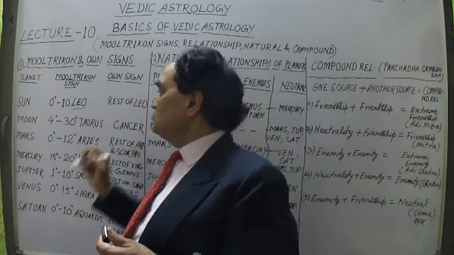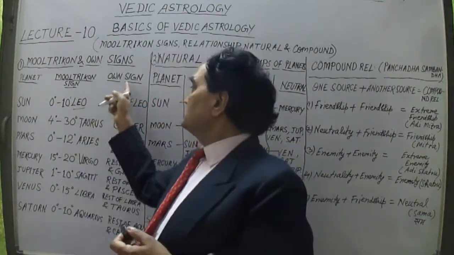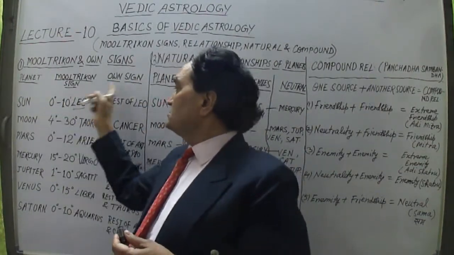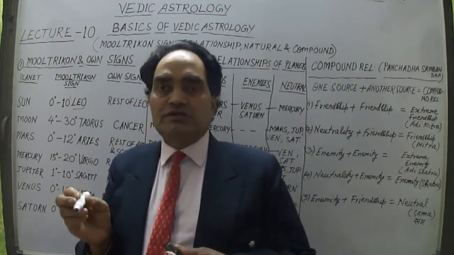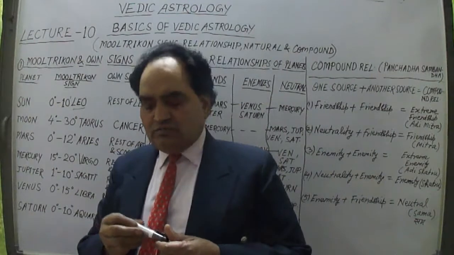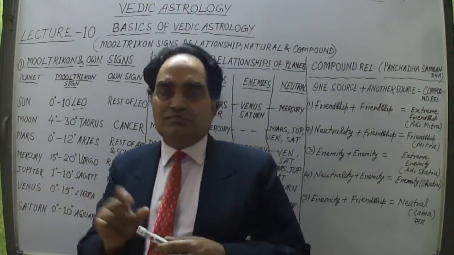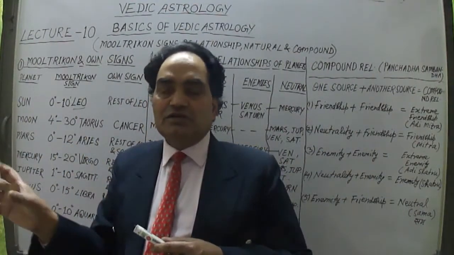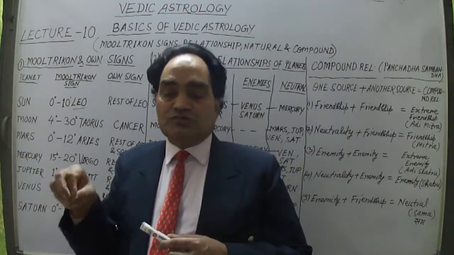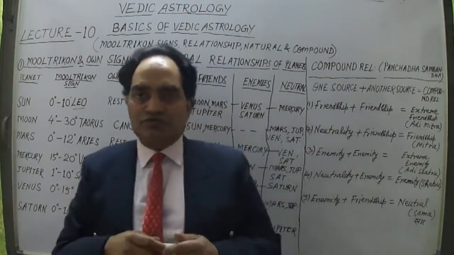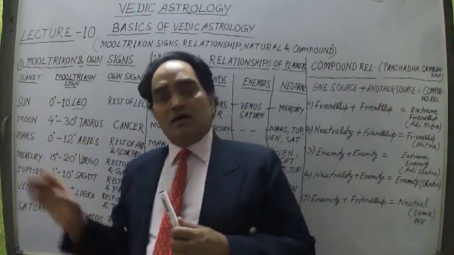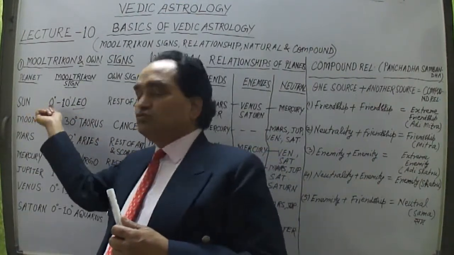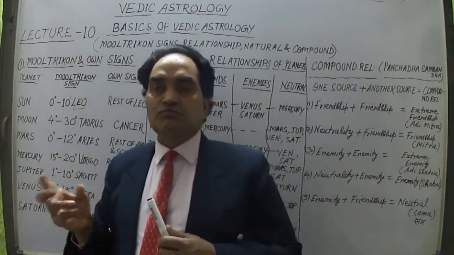The rest of the Leo sign is Sun's own sign. That means from 10 degree onwards up to 30 degree, for the remaining 20 degrees, Sun has ownership of it. Sun's own sign is Leo sign. This is how Leo sign is. Under the Leo sign, the part from 0 to 10 degree is more active. Sun is more active there. So if you